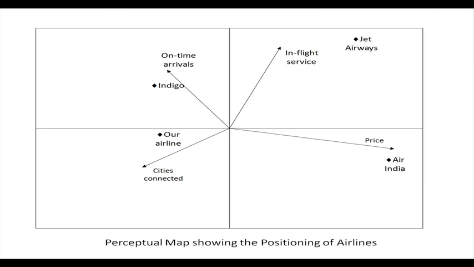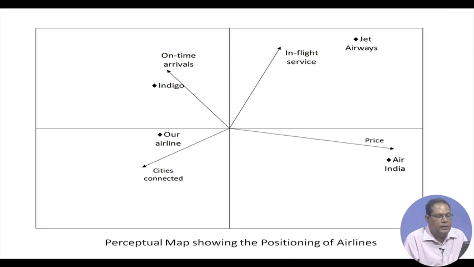So, this is a perceptual map that shows the positioning of airline services in the world. Now, here what is happening is that we statistically draw a perceptual map from the attributes of a particular airline services, and we find here that there are 4 important coordinates, that is on time arrivals, in flight service, price and cities connected. Here Indigo is famous for on time arrivals,